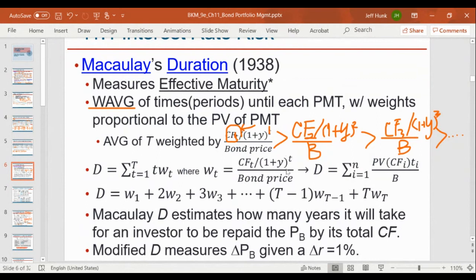Discounting, right? Duration is the time period weighted average times weight, and weight is one over the bond price times the cash flow discounted, so the present value of the cash flow. But in this equation,